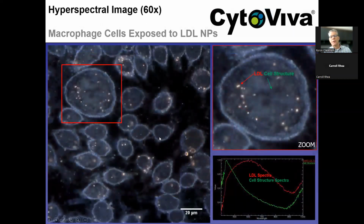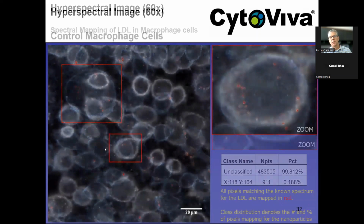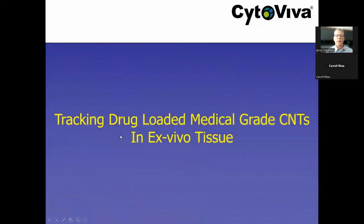Going back here now, this is the LDL in the cells that we were looking at earlier. This is the mapping that we did earlier, and again showing some class distribution about the amount of LDL that we actually see here. Here's the negative control again. Now we're going to look at one last sample set, and we're going to look at this in ex vivo tissue. So in ex vivo tissue, where there was an injection of medical grade carbon nanotubes with an API, I think it's cisplatin again, and we're going to look at where the mouse was sacrificed, the tumor tissue was harvested,